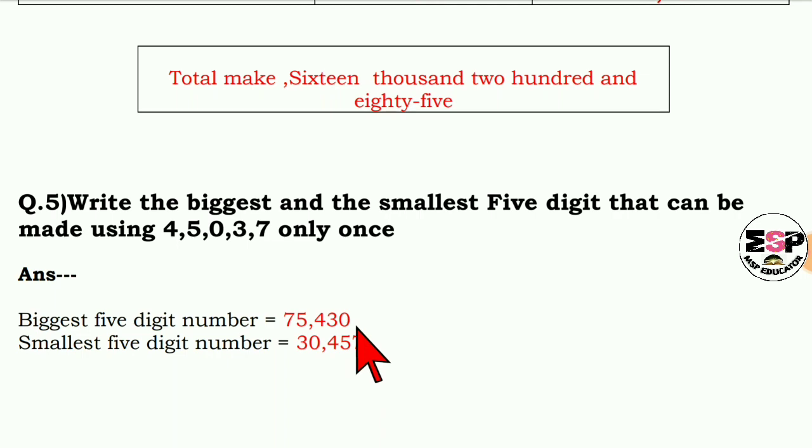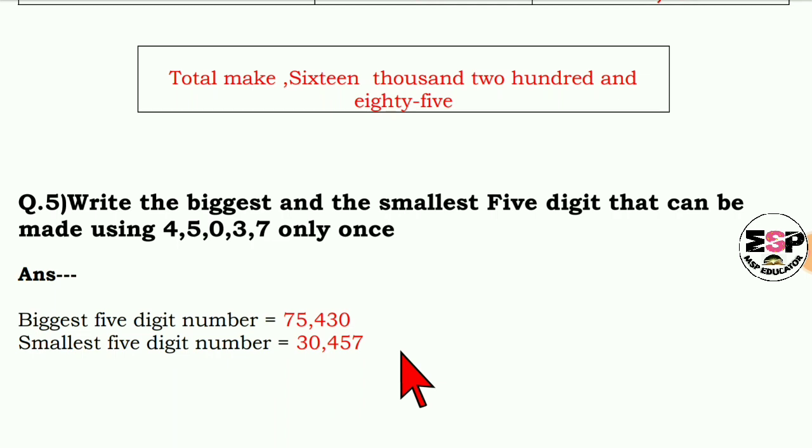आप लोग देख सकते हो सारे डिजिट्स को हमने डिसेंडिंग ऑर्डर में अरेंज किया है और सबसे बड़ा नंबर फॉर्म किया है. Okay. Now smallest 5 digit number. How you will form the smallest 5 digit number? Again you are going to do the ascending order of these numbers. Okay. Ascending order means smallest to biggest number. So which digit is the smallest from these? It is 0. But if you will take 0 on the first place, the number which is formed will be only 4 digit. Understood?